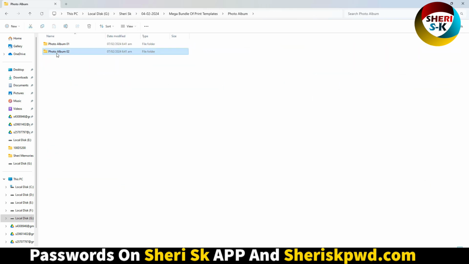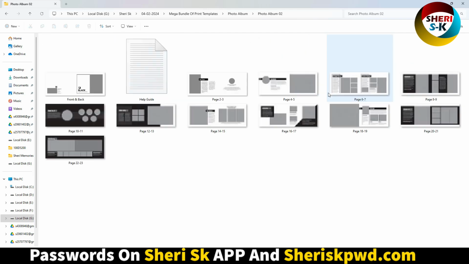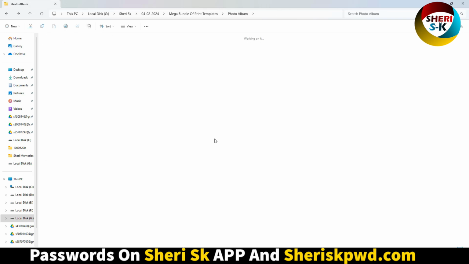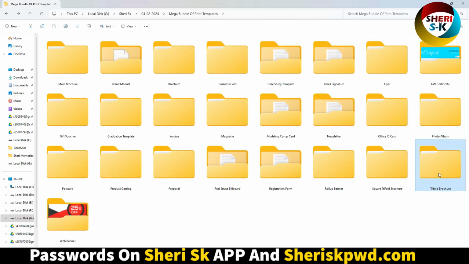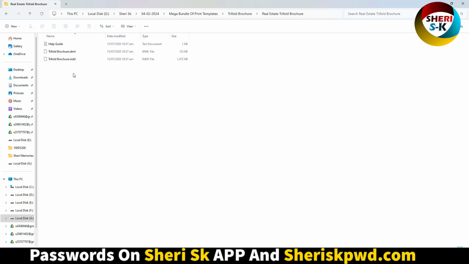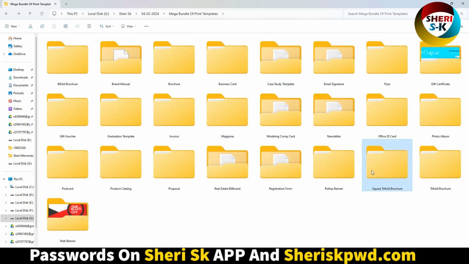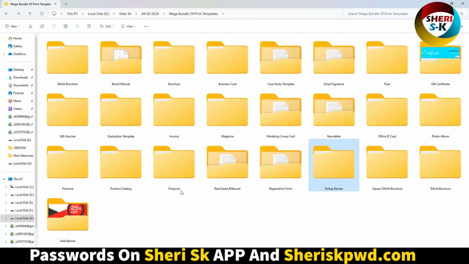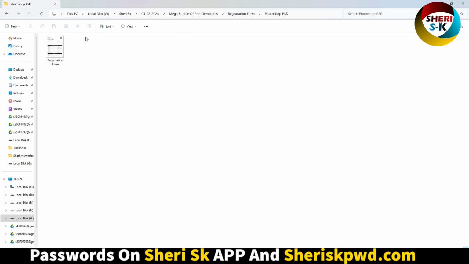Next, photo album, you can import your own photo or you can modify it as you choose. Real estate voucher for InDesign, scare, roll-up banner, here 3 roll-up banners, fitness and construction roll-up banner, proposal, real estate registration form for Photoshop,